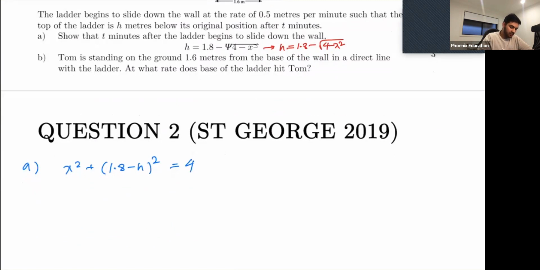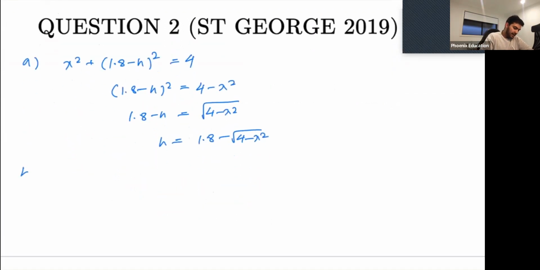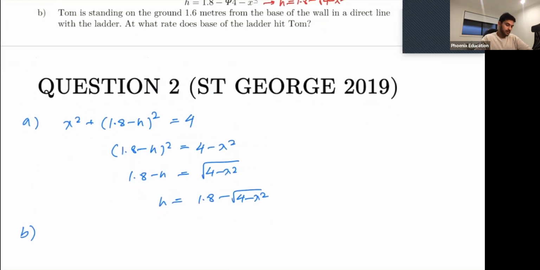So what we'll do is I will take the x squared to the right hand side, then I'll take the square root of both sides, and then I will rearrange this to make just h the subject. Okay, and this is what I end up getting. Okay, now for part B,